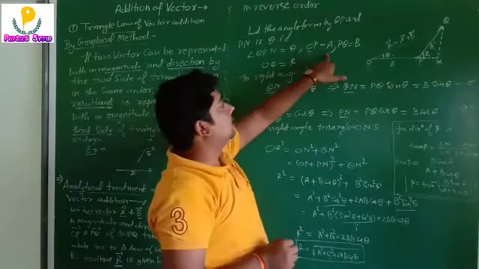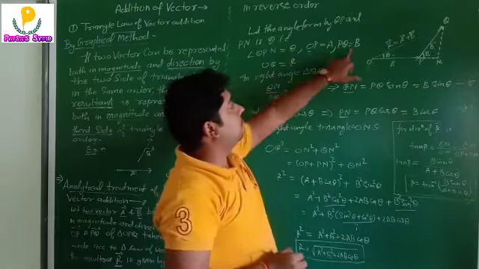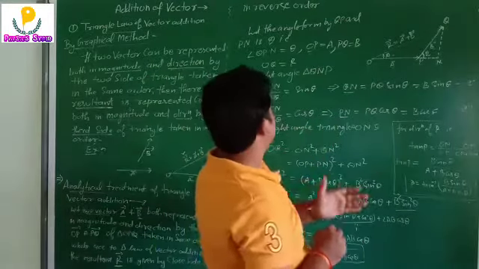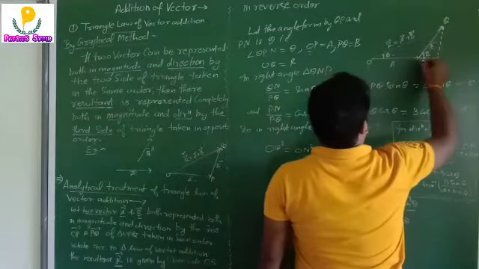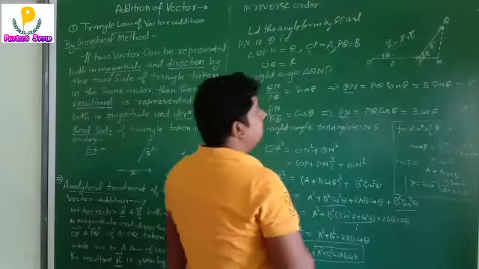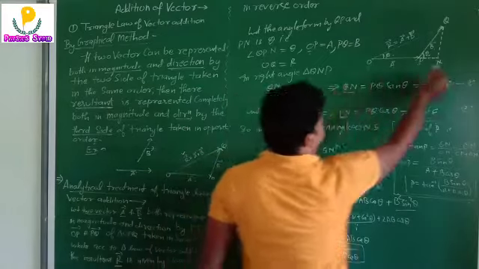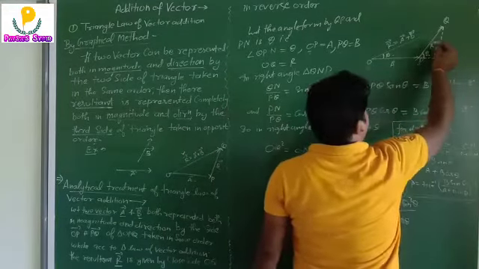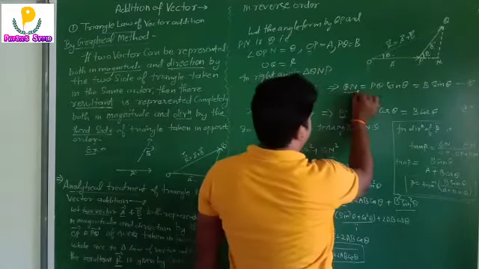Here we have not written the arrow above, so it will represent only the magnitude, not the direction. So in the right angle triangle QMP, we can consider QN upon PQ is equal to sin theta, meaning perpendicular upon hypotenuse, which is sin theta, and from this we have calculated the value of